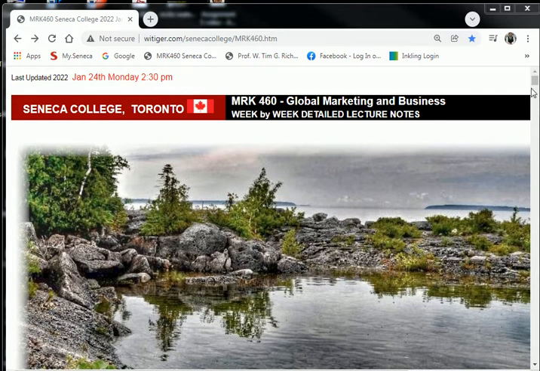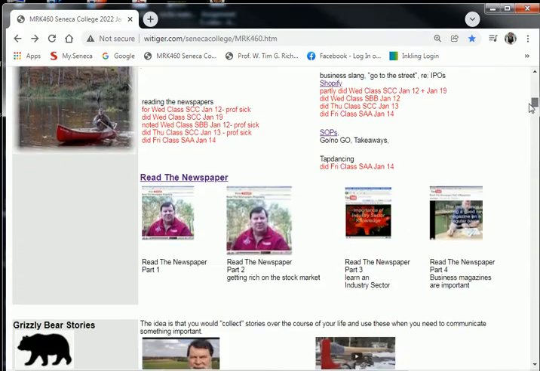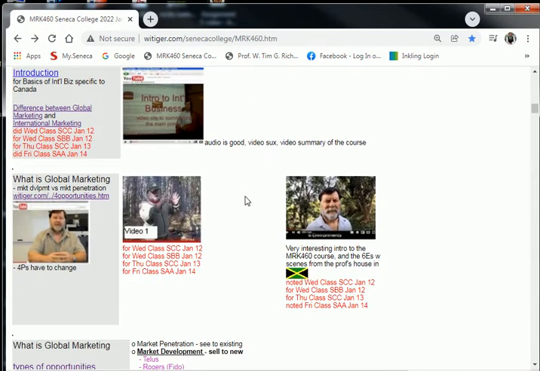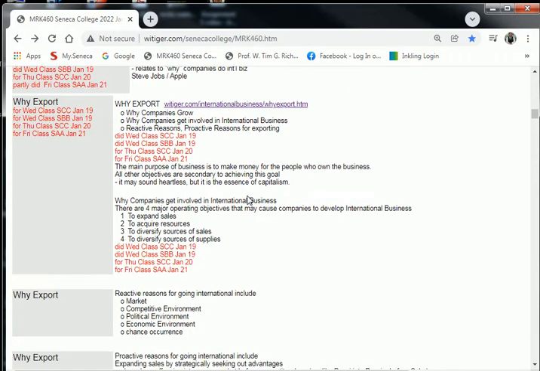Always when you go to the page, click on refresh so you know the most updated version. And as you go down here, you can see these little notes saying what we had discussed in the previous classes. And that's your sort of guide as to how far we've progressed in the online detailed course outline.